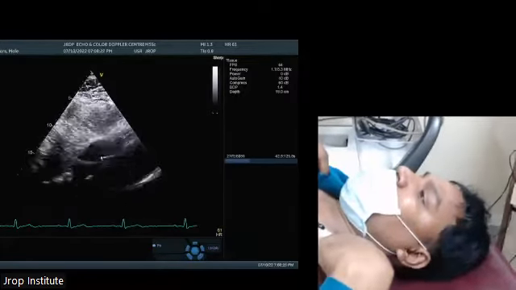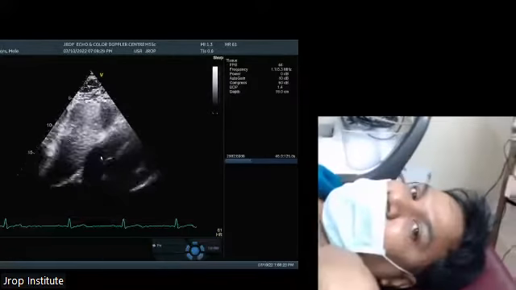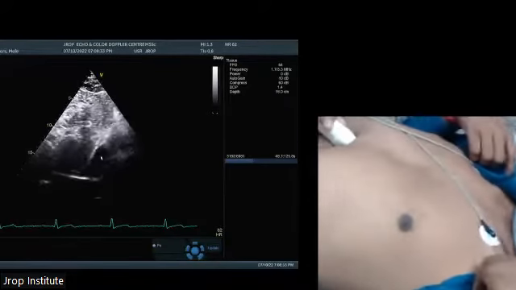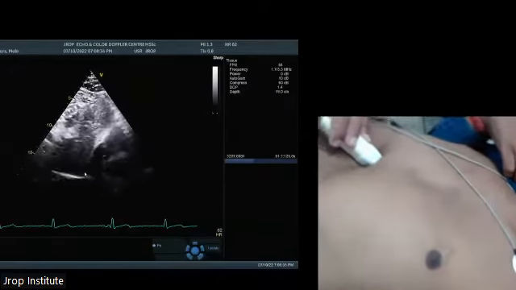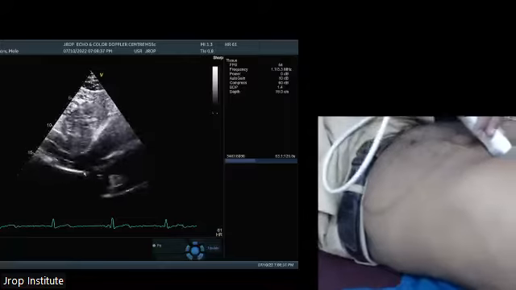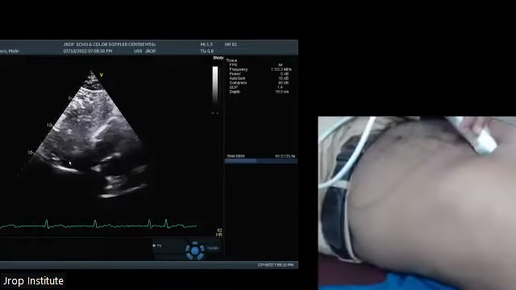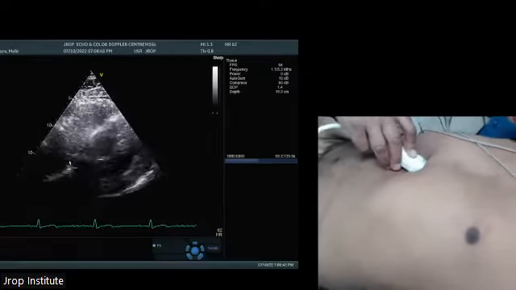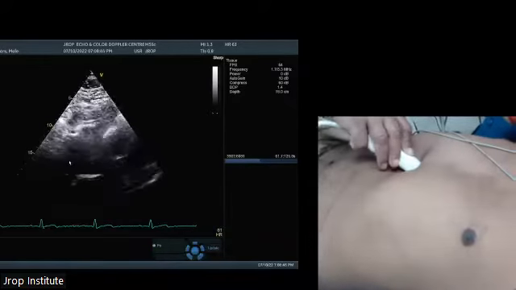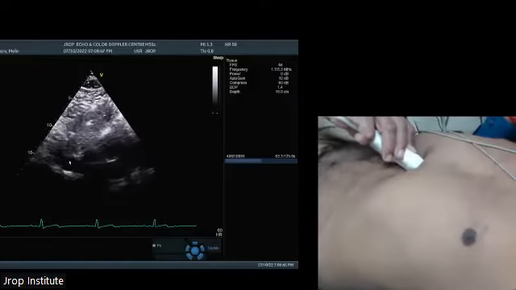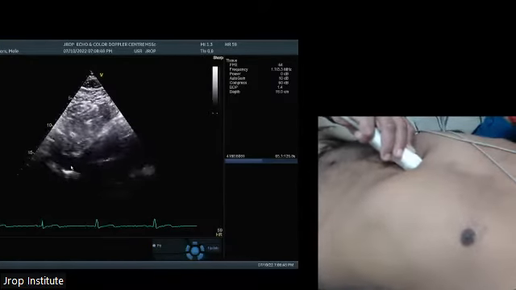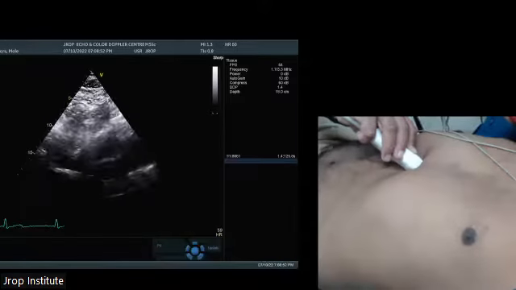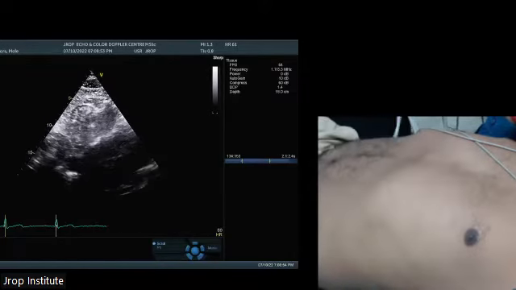Okay. And if I rotate counterclockwise, what I'm opening up is the IVC over here. So this is the IVC which I'm opening. In the RV inflow view, this subcostal window, with counterclockwise rotation, I'm opening up my IVC. And I can measure the size of this IVC, which is very helpful in looking at the volume